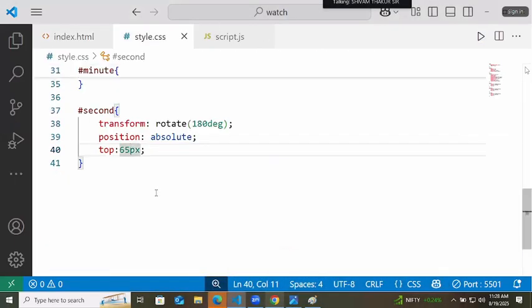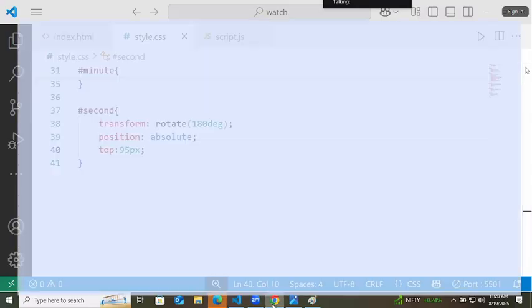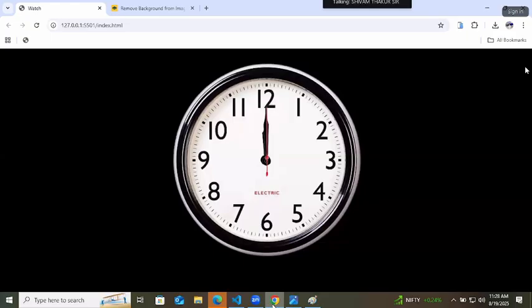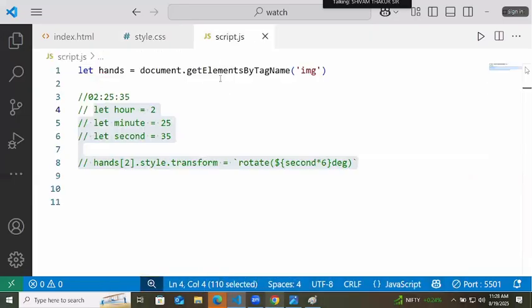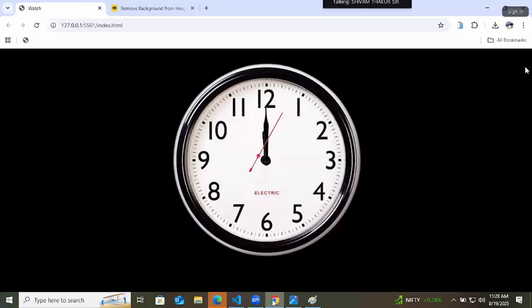Okay, now try to adjust it. Now try to rotate it again. How is it getting rotated? So again it is leaving its position.